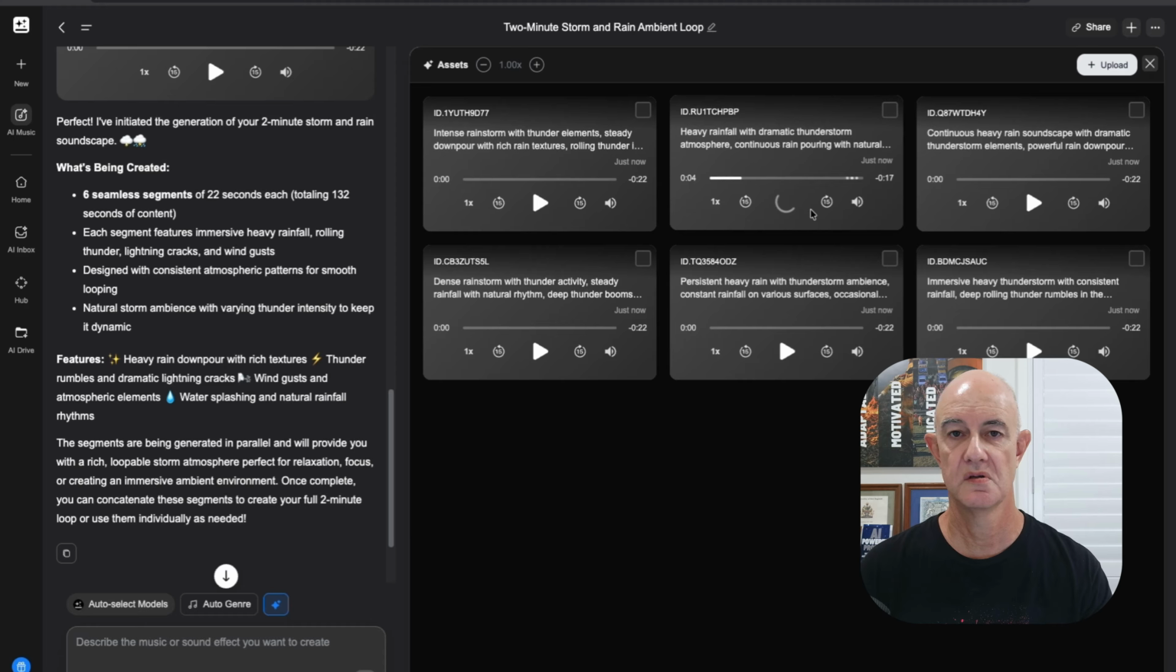Sounds good. Softer. Yep. I haven't heard any thunder yet. Oh, speaking of thunder, there's the thunder. Try this one. This one. Various surfaces. And lastly,